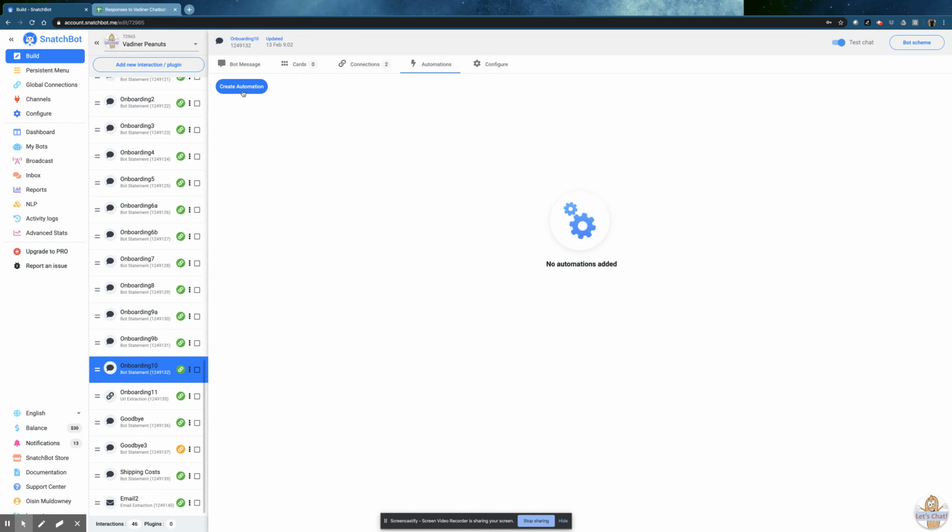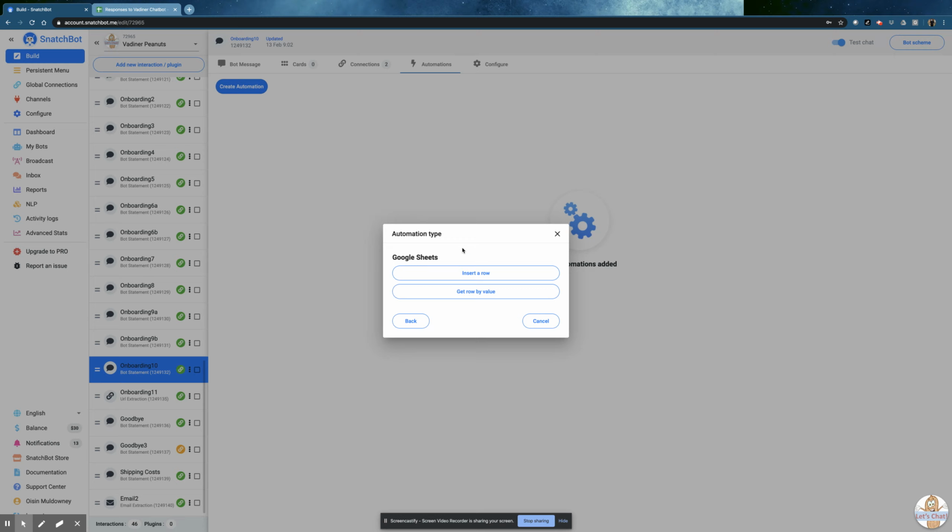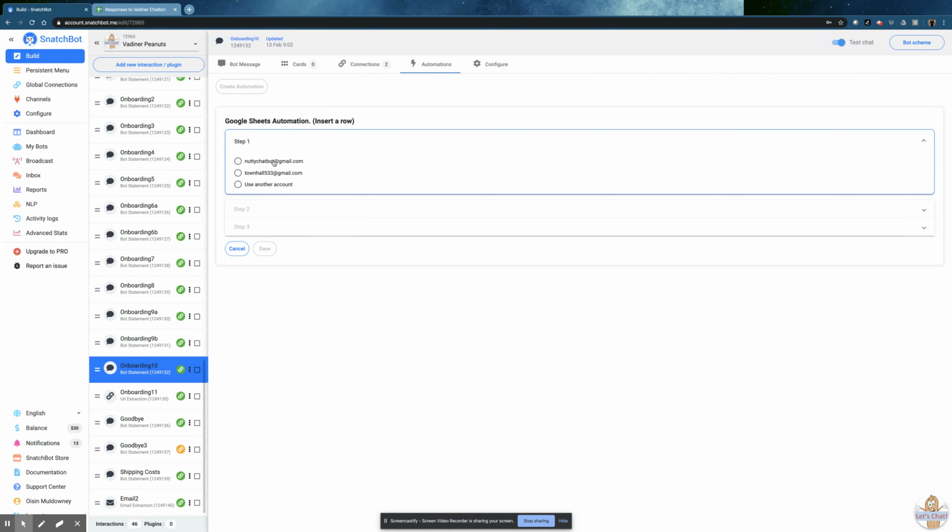So let's collect that by clicking automation. Salesforce, MailChimp and email come soon, but for now we're doing the Google Sheet. This is the line you need if you're going to retrieve a row, and it's going to populate attributes for you, which you can then use in the bot's conversation. So it's pretty simple and straightforward. But I'm now going to put the data into those rows. And the smart thing is you could